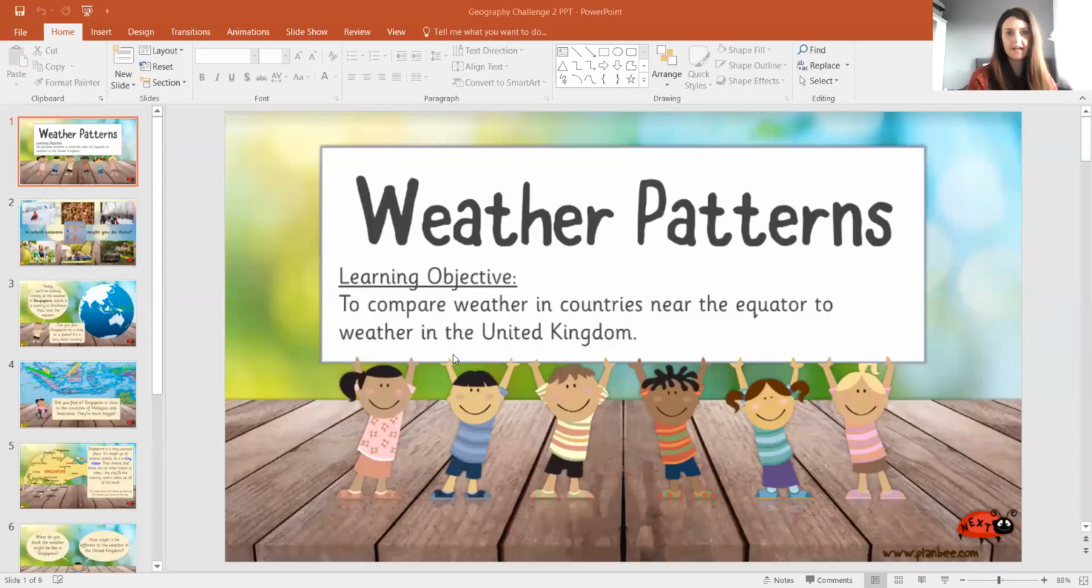So our objective is going to be to compare weather in countries near the equator to weather in the United Kingdom and how it's different. Okay, so